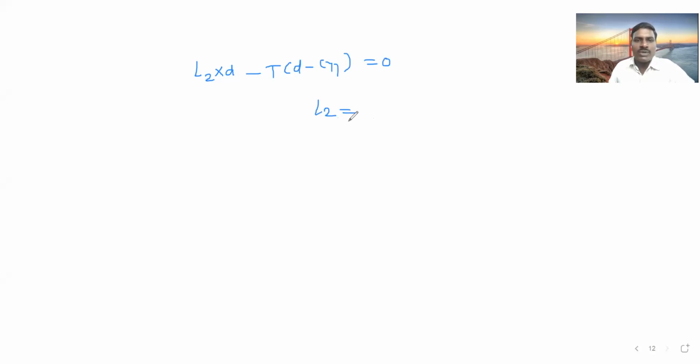How to calculate? So what is L2 now here? Sir, T, when it goes there, it becomes plus, and D gets divided below. Correct? That is what I was asking. Now L2 is equal to what? T into bracket D minus CYY divided by D. Is this correct?